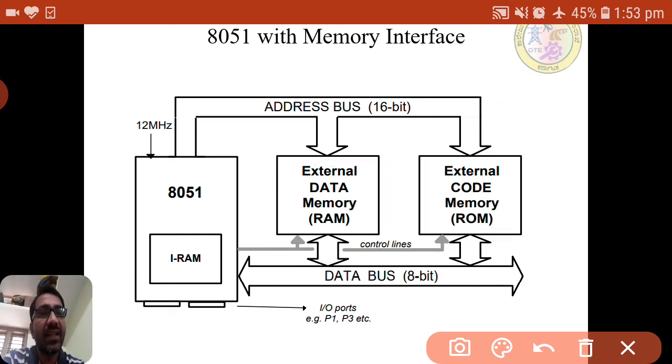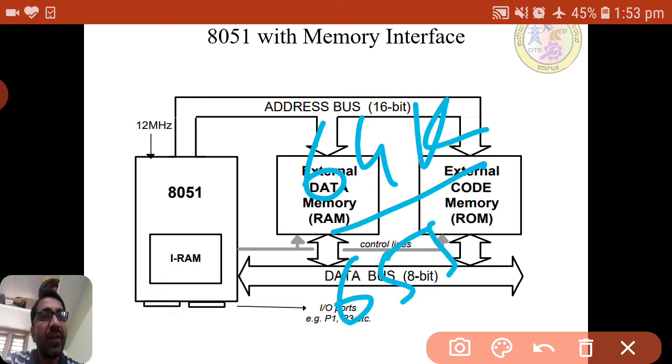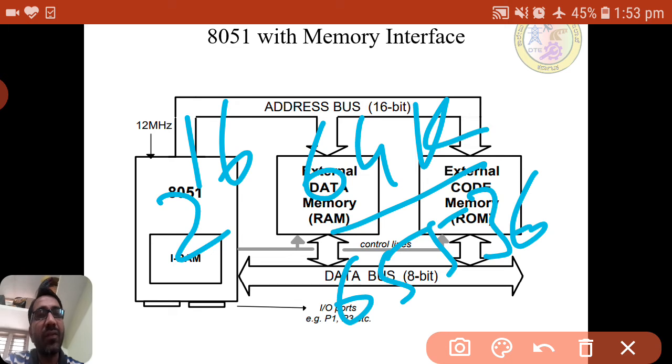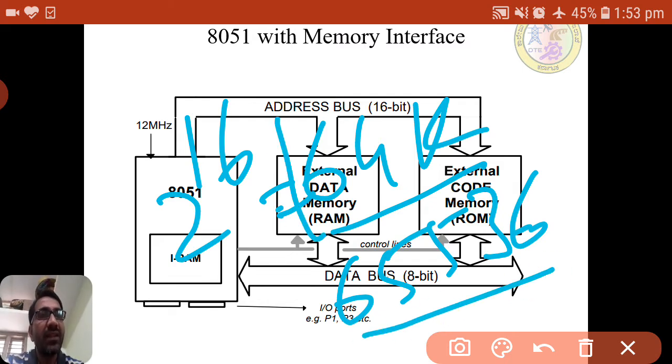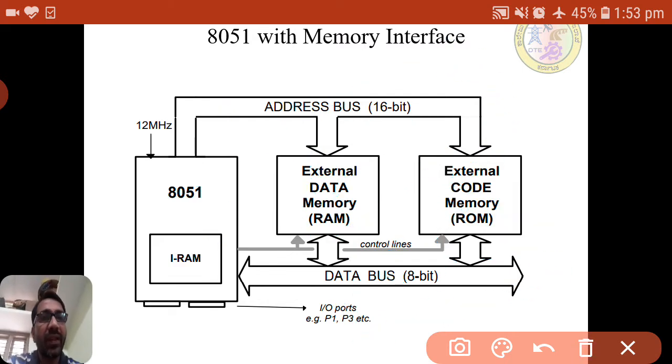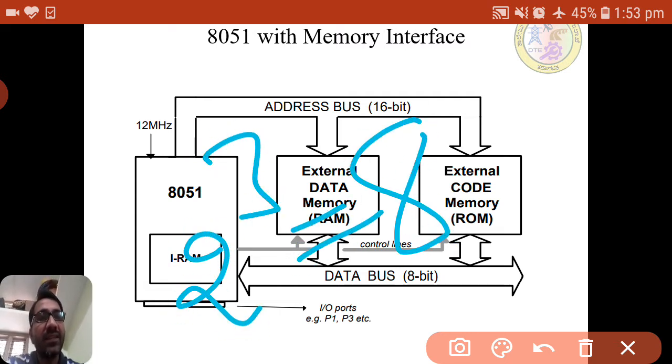Why 16 address lines? Because 64K is nothing but 65,536 locations, that is 2 raised to 16. For example, if it is 8 locations, then 3 address lines are required, since 2 raised to 3 is equal to 8.